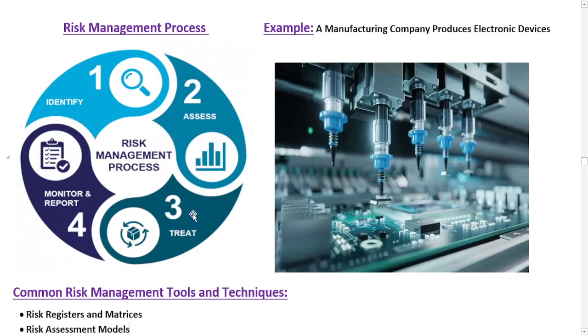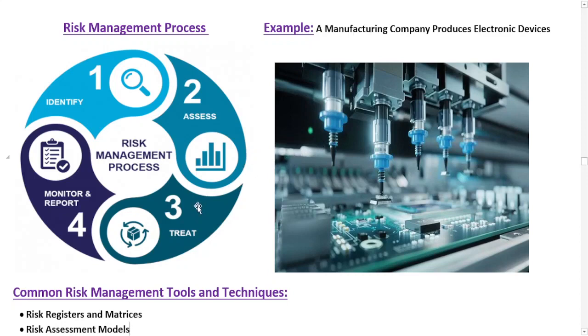In the third step there is risk mitigation, or you can say how they treat that particular identified and assessed risk. They need to develop best strategies to reduce or eliminate their identified risk. They need to implement risk control measures and preventive actions as well. For example, to mitigate the supply chain disruption risk, our manufacturing company could establish relationships with multiple suppliers